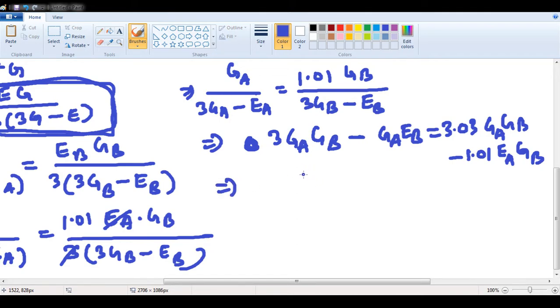So further, if we simplify, we get GB is equal to